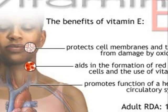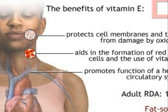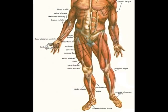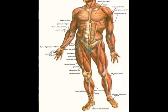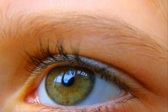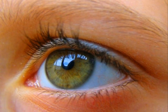If vitamin E is not consumed in the proper amounts, the body is more prone to certain diseases. Sometimes it takes months or years to see the effects of deficiency symptoms. Symptoms of vitamin E deficiency include muscle weakness, loss of muscle mass, unsteady gait, and liver and kidney problems. You might even recognize some abnormal eye movements and impaired vision that could also be an effect of the lack